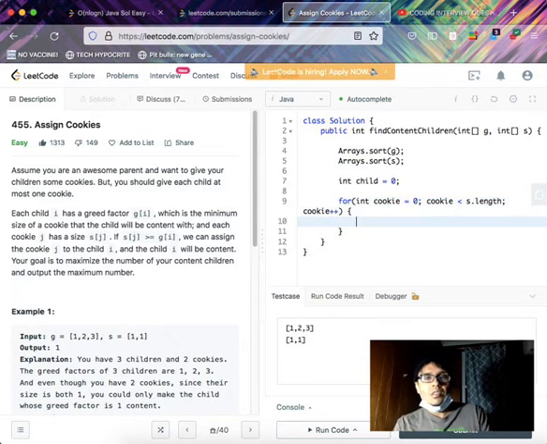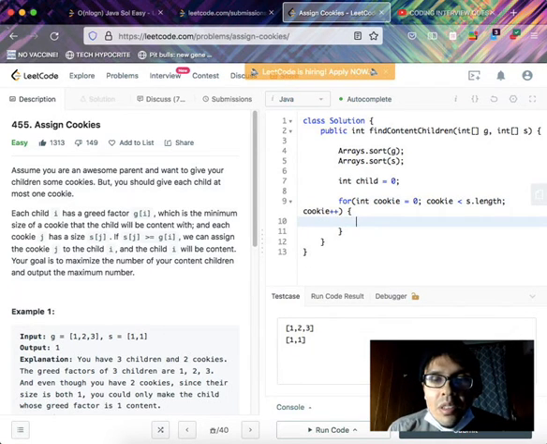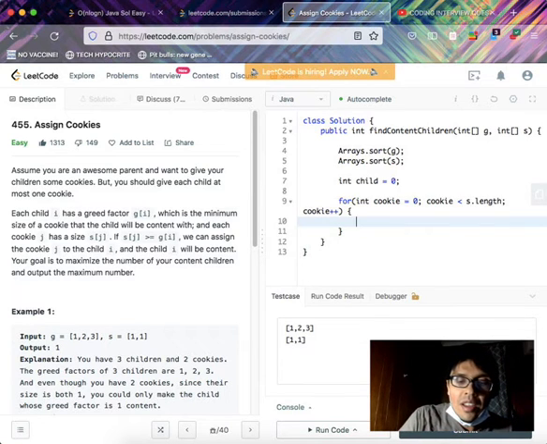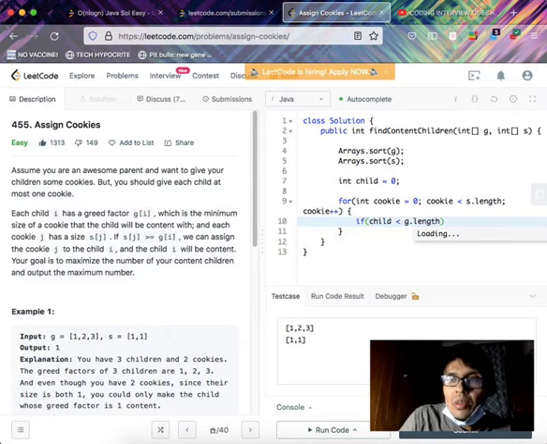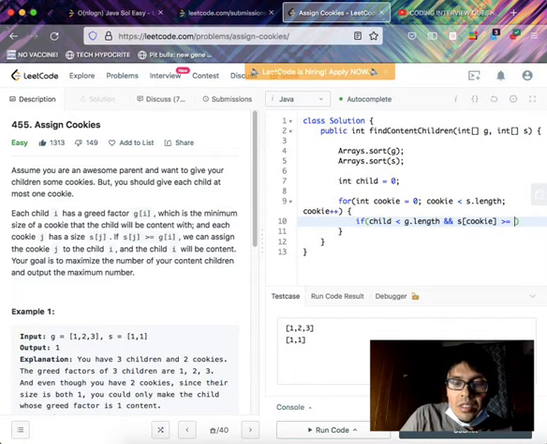Okay, so what can we do now? Now remember, we want to only satisfy the child if we have a cookie. If child is less than g dot length, let's put this first because we don't want to go outside the bounds of the children's array. If s of cookie is greater than or equal to g of child, okay,